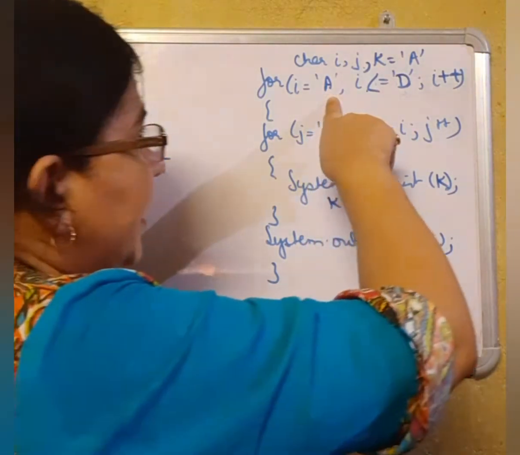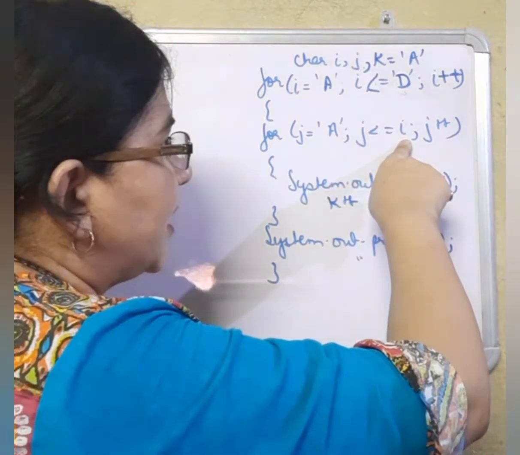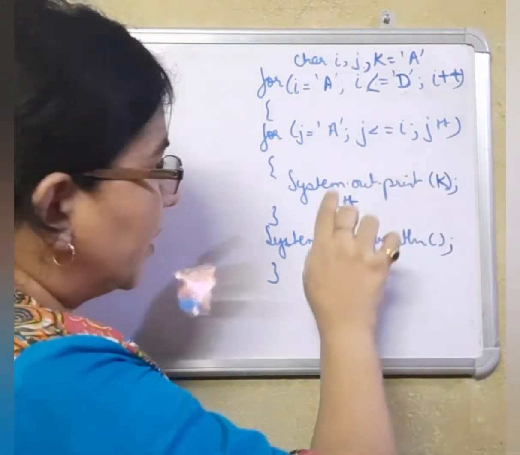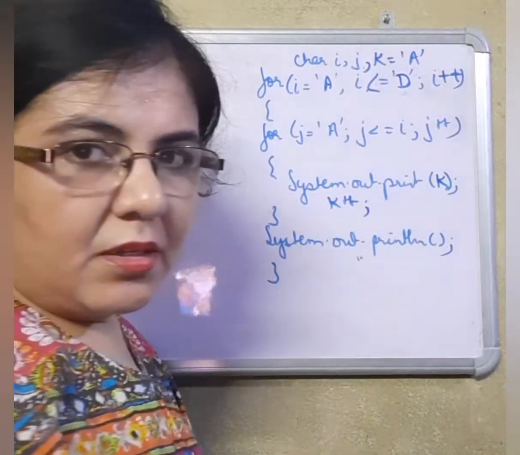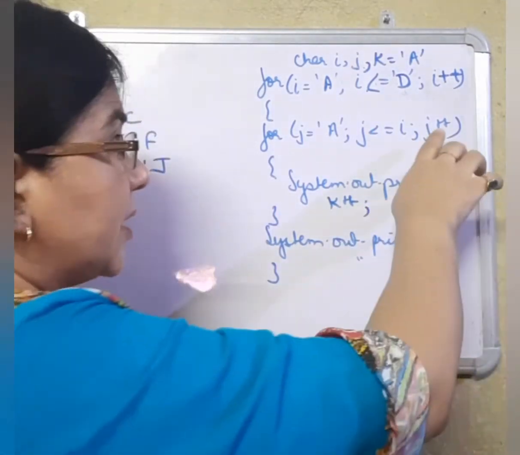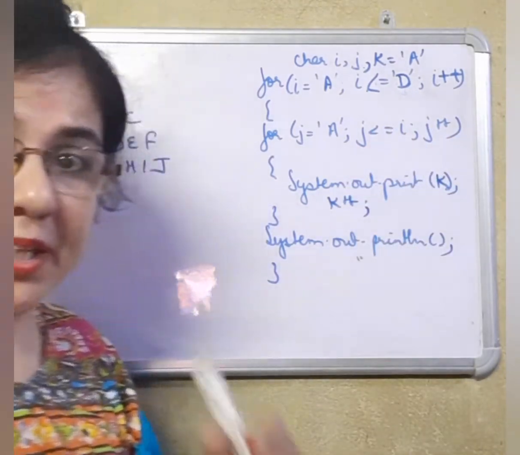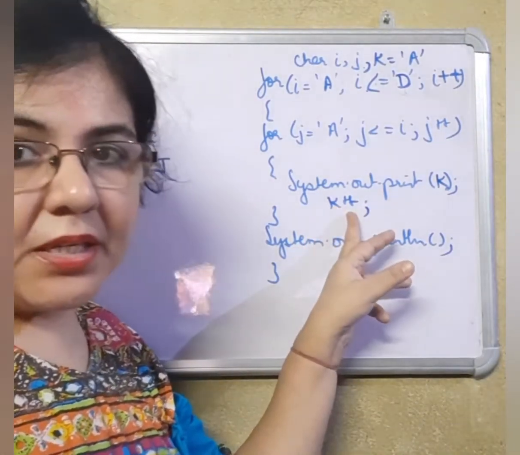So when I is A less than equal to B, J is A less than equal to A, correct? What is the present value of A? Then A will increase and it will become B. But J has incremented to become B less than equal to A, which is a false condition, but A remembers its value that it has become B.